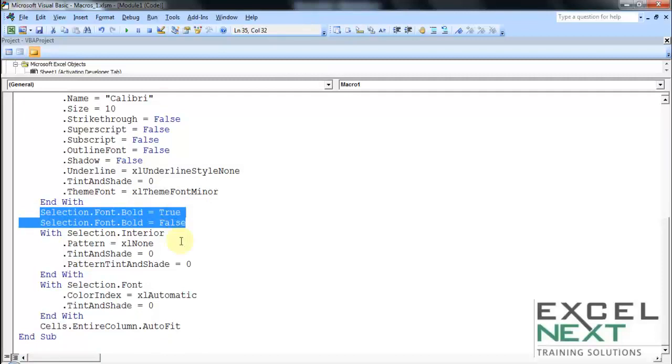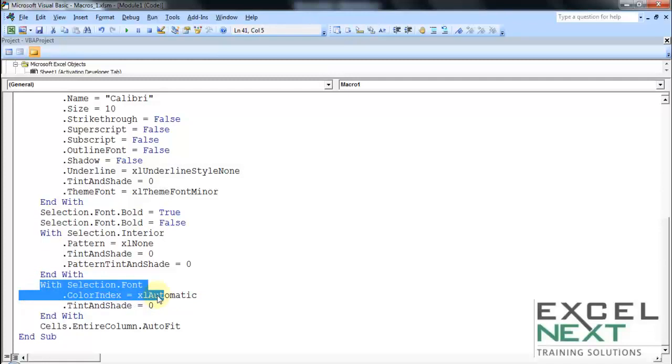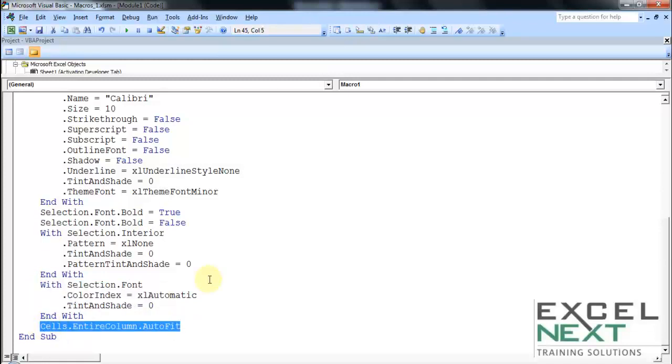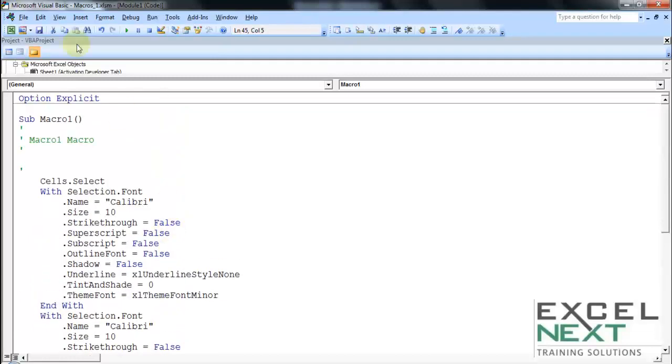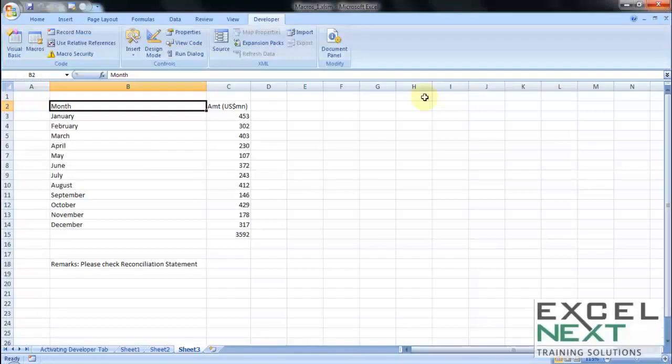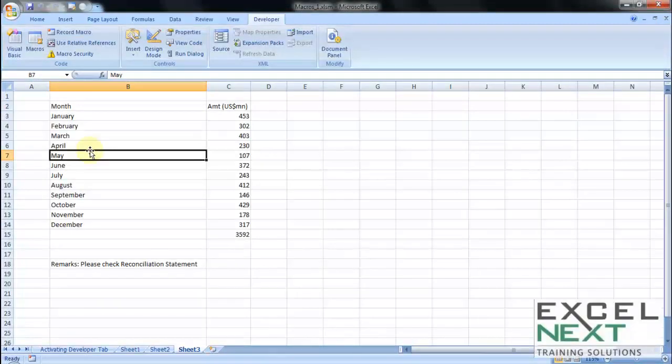And we had also made sure that the font color is as per our taste and no shading to be done. And lastly, we had made sure that auto fit of column is also present. So all the stories has been written where? In the Microsoft Visual Basics module, which is the background coding of macros, and that's the reason it is able to run the macros. I'll talk about more of these steps in the upcoming videos. For now, let me close this and keep on practicing the basic part, and we'll take it further in the next video.